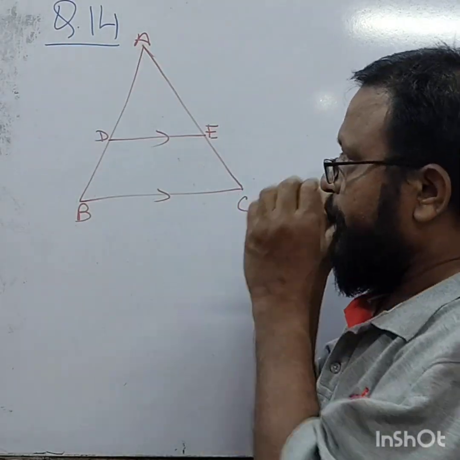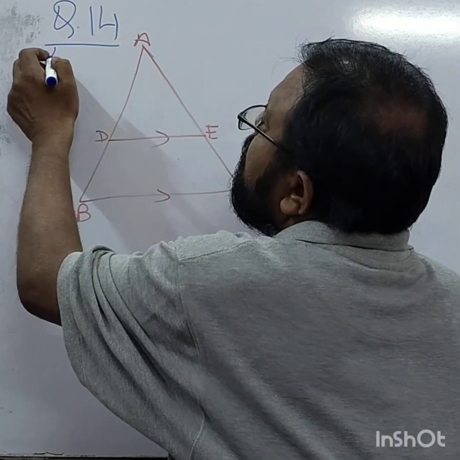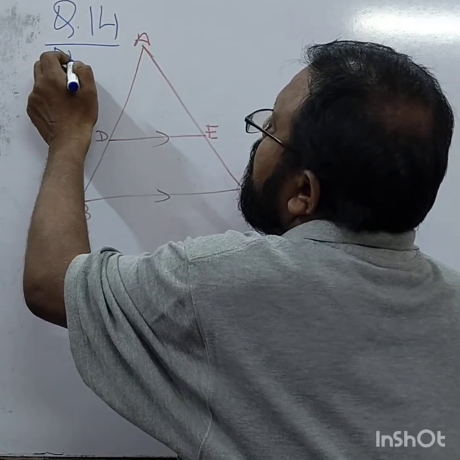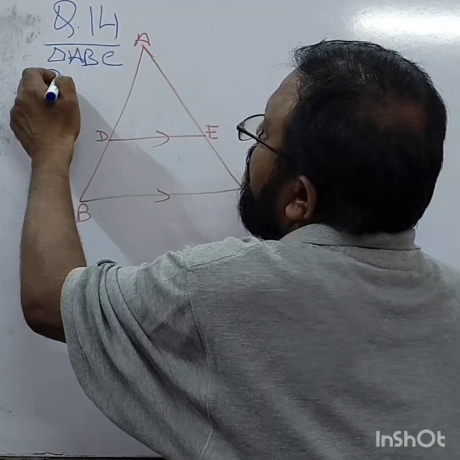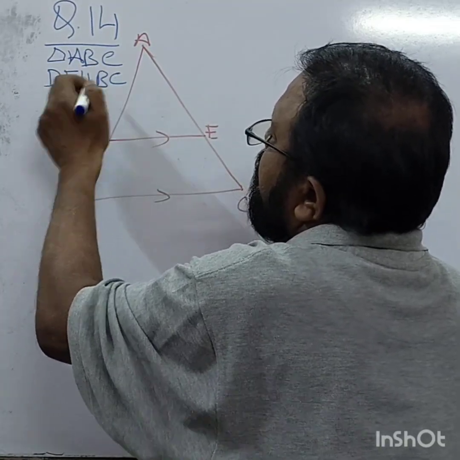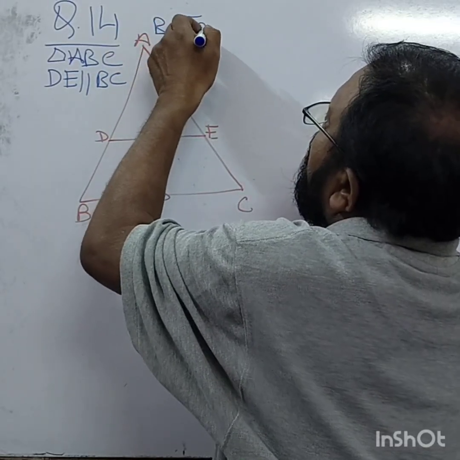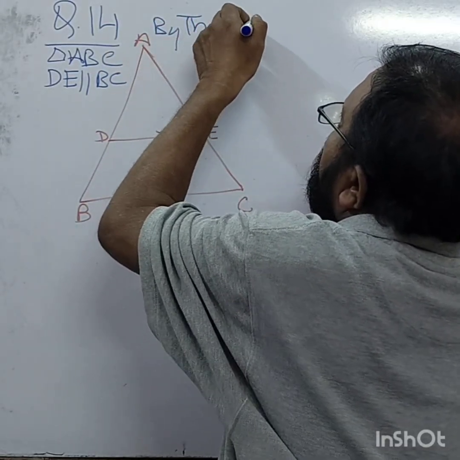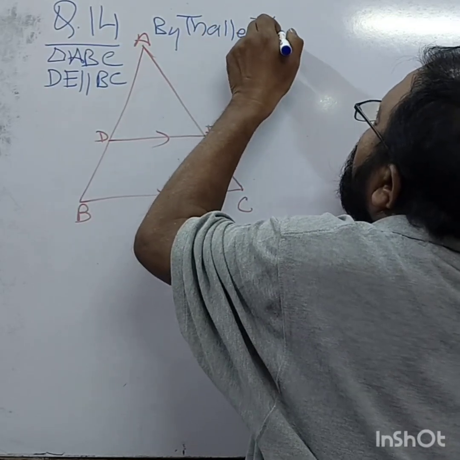If we have a triangle ABC, and DE is parallel to BC, so by Thales theorem,